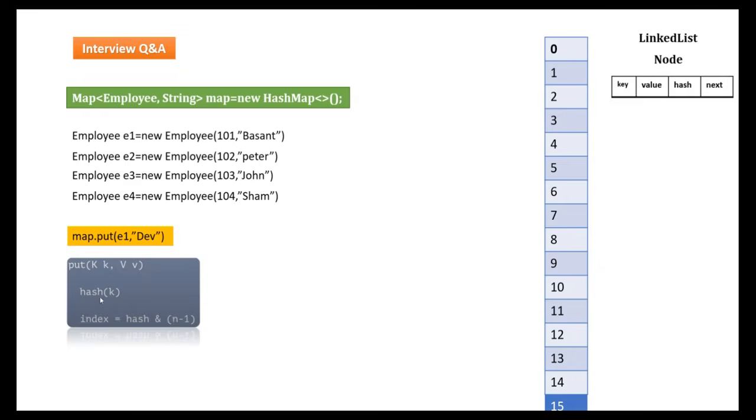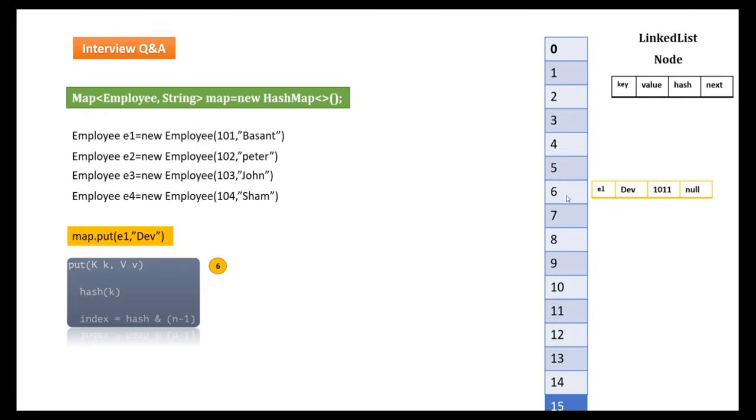So what HashMap internally does: when we call the put method, inside the put method there is a method called hash. It takes the argument, which is your key. My key is nothing but the employee 1 object. So it will pass this to the hash function and evaluate some hash value, and then based on the modulo operator it will identify the index. For example, let's assume this first entry evaluates to index 6. Now simply this entry or this node will go and be stored in bucket 6.